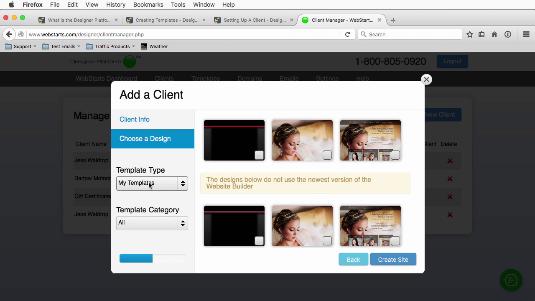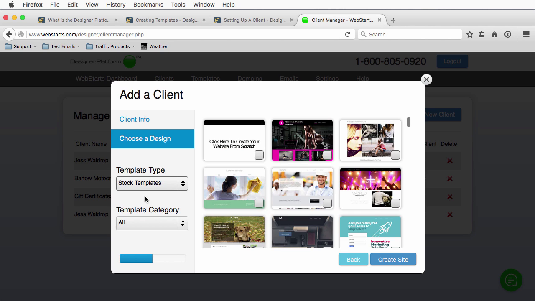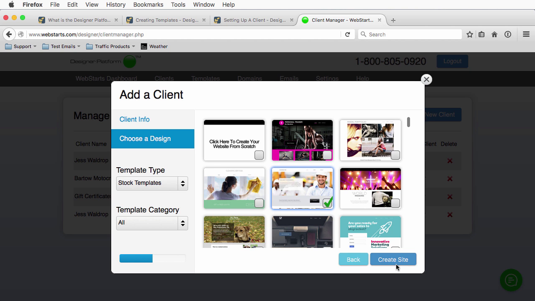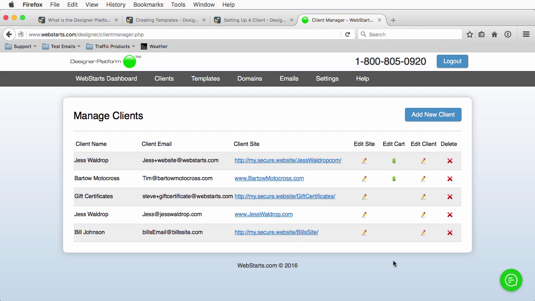So really beneficial. In this case, I'm going to choose from the stock templates because, again, I don't have a whole lot of sites in there right now. And we'll just choose this construction guy. Click Create Site. And the site's been created. The client's been created. You can see the name, client's email, and then this is the temporary URL. Of course, this is